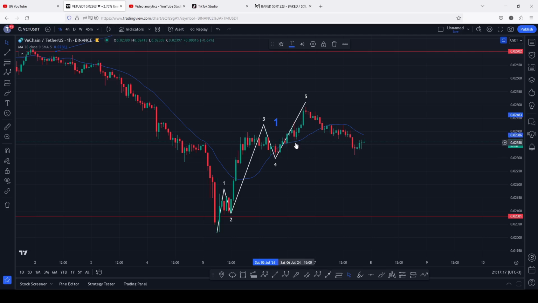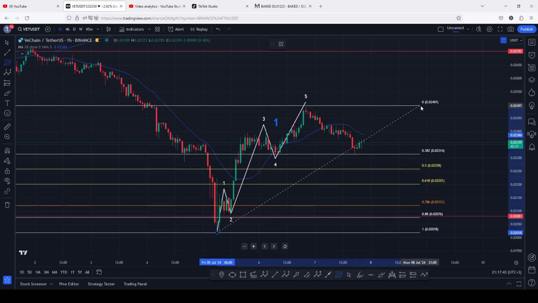And whatever happens after seeing the formation of a larger Elliot wave count 1 is a bit of a corrective structure in the formation of a larger Elliot wave count 2, which is what has been playing out after we were able to put in place the high above the 0.02496,